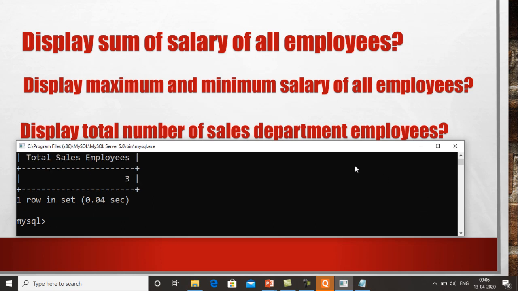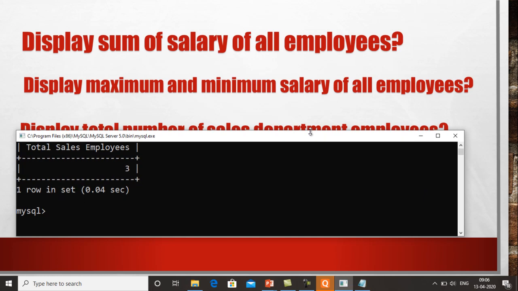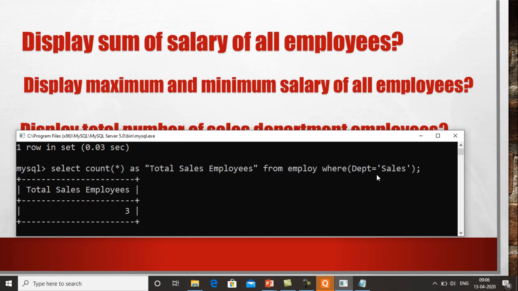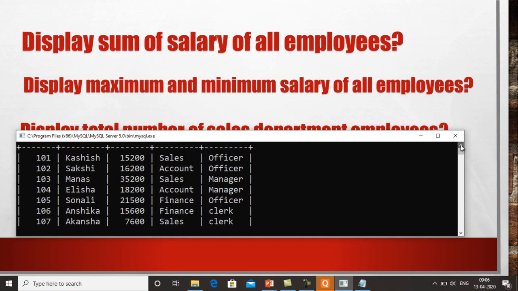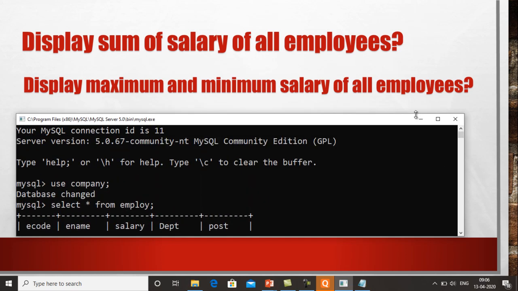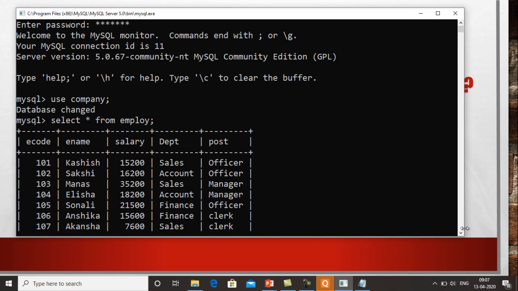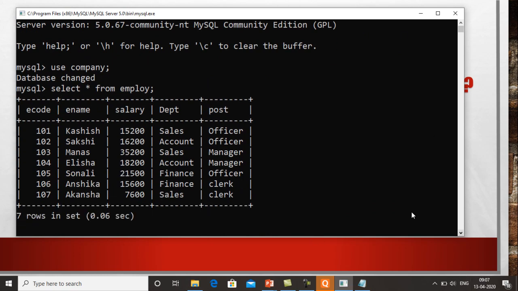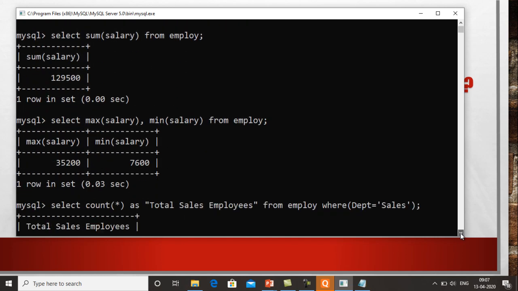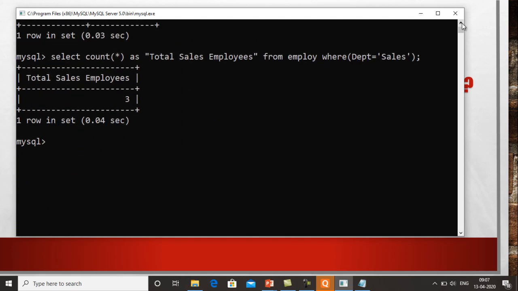now you can see that we are getting the record as 3. It means the total number of employees which belong to the sales department is basically 3. So let us confirm it also. When you view above, you see that we have a command in which we display the details of all employees. Okay, so now when you look at this table, you can see that there are 3 records of the sales. One is this, second one is this, and third one is this.